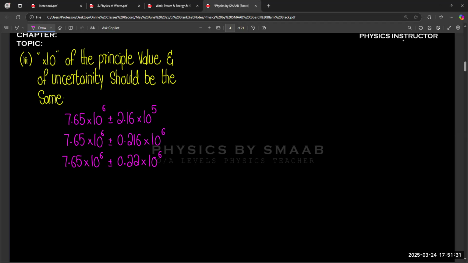So for example, if we talk about option number one, what do you think about this option number one? Is it a correct way to write uncertainty with the true value or not? Okay. So you are saying maybe no. So this is a wrong method. We will discuss it after the third option. And what about the second? Is the second option the correct way to write or not?